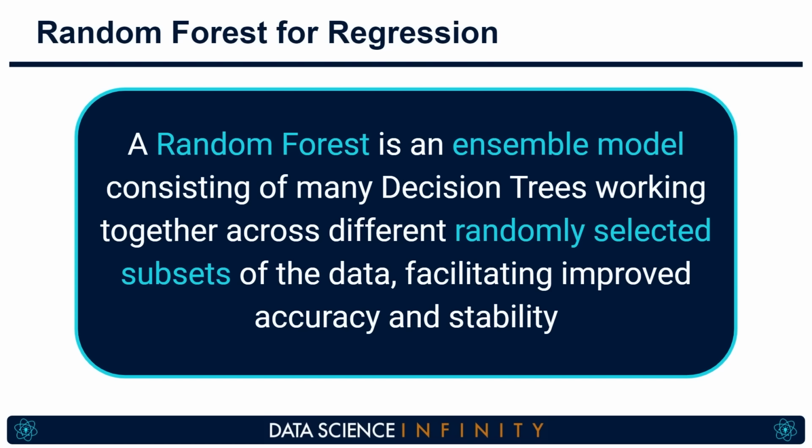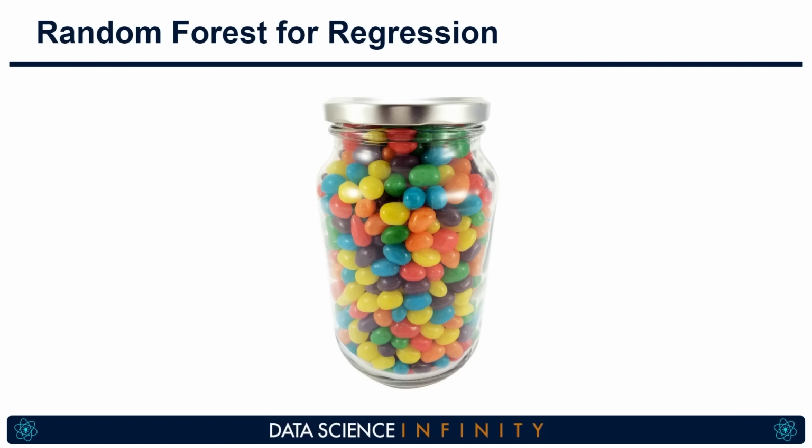A good analogy for a random forest is to think of a competition where you and your colleagues or friends have to guess the number of jelly beans in a jar. Your guess is most likely going to be too high or too low, and in reality, so are the guesses of all of your jelly bean guessing rivals. However, if you were to average all of the guesses, it's likely that you're going to end up with a number pretty close to the correct amount. The idea of ensemble models is specifically this. Putting together a number of weaker models will provide one stronger model. And I think that is pretty cool.